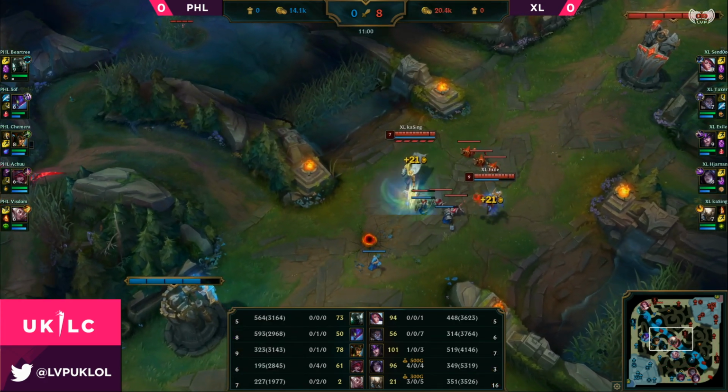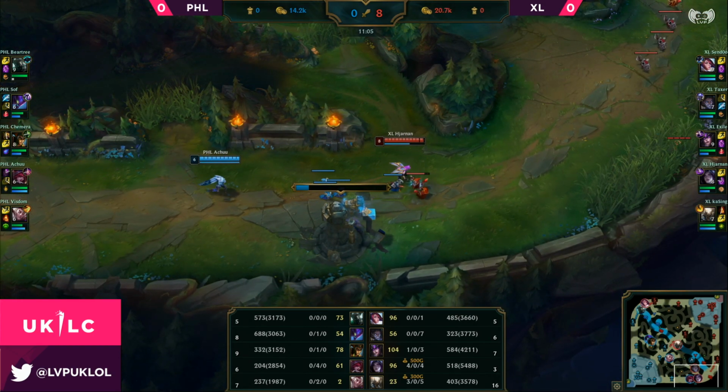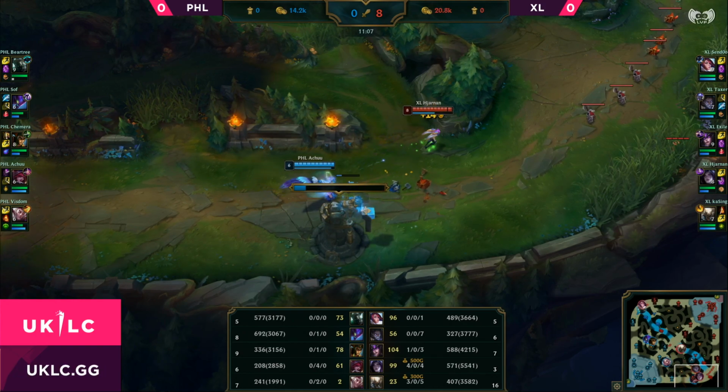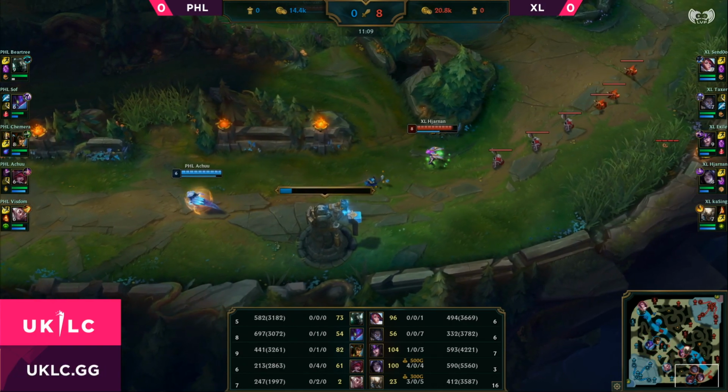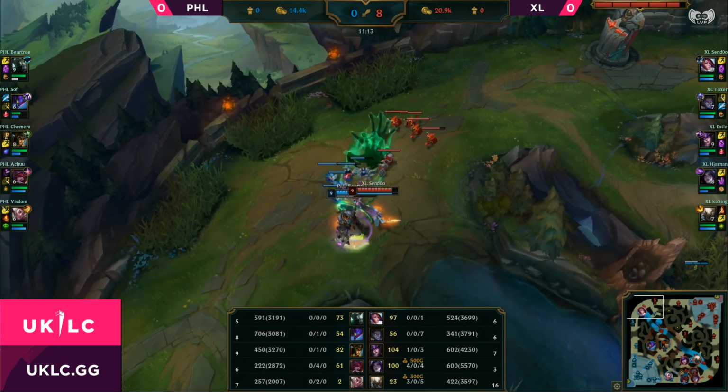This is just such a tumultuous lead in favor of Exile. Absolutely is, and so many solo plays going to Hjarnan. He's got almost double the gold of Achu. Such a rough position to be in. And one of the most difficult things...